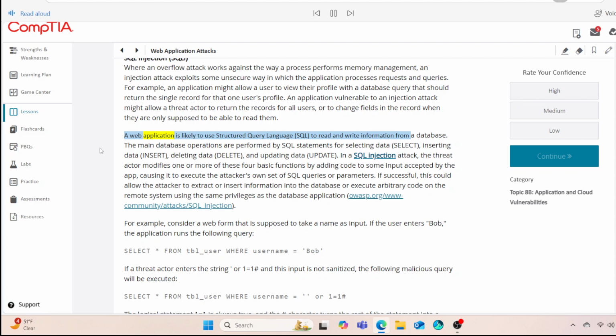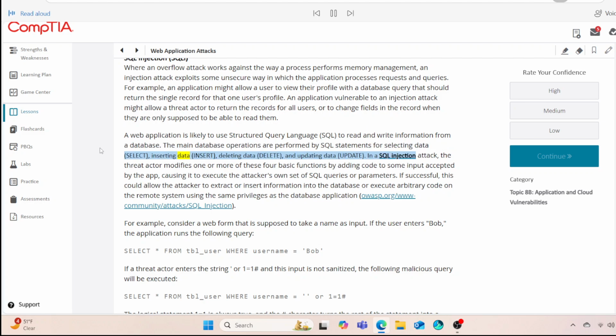A web application is likely to use structured query language, SQL, to read and write information from a database. The main database operations are performed by SQL statements for selecting data, SELECT, inserting data, INSERT, deleting data, DELETE, and updating data, UPDATE. In a SQL injection attack, the threat actor modifies one or more of these four basic functions